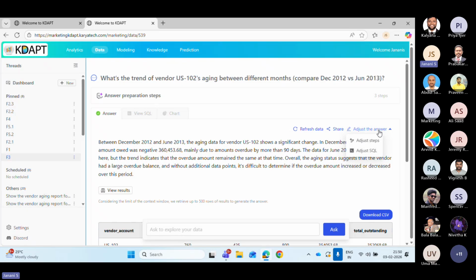That's the power of KDAPT's generative business intelligence, transforming everyday questions into precise SQL queries and actionable insights instantly. Whether you are a business user or a data expert, KDAPT bridges the gap between what you ask and the answer you needed. The next feature we will be seeing is how KDAPT lets you query multiple databases such as